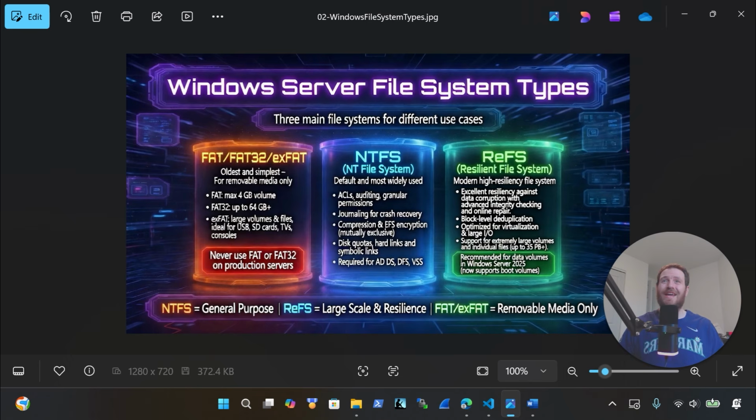So next we'll talk about NTFS. This is the standard and most widely used file system in Windows Server environments. It offers major improvements over FAT through advanced data structures that provide better performance, reliability, and efficient disk space usage. So the key